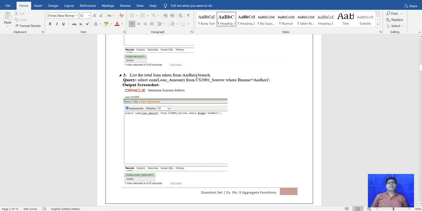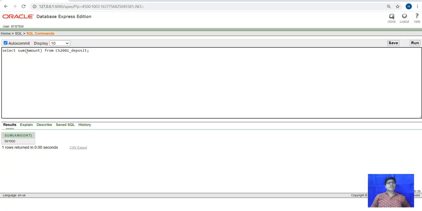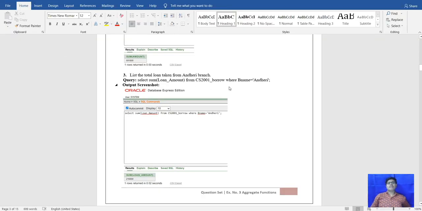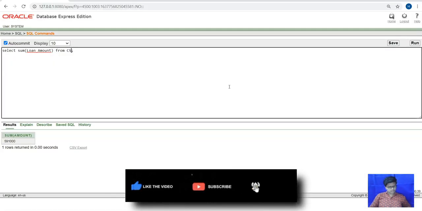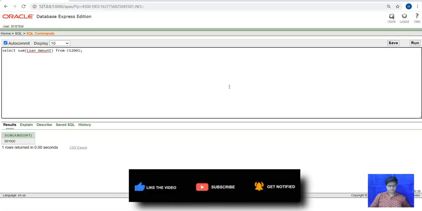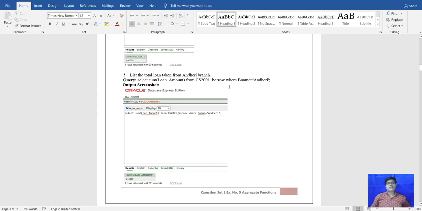Now the third question: list the total loan taken from the Andheri branch. Again we go here and take the sum of loan amount from the borrow table, where the branch name is Andheri.